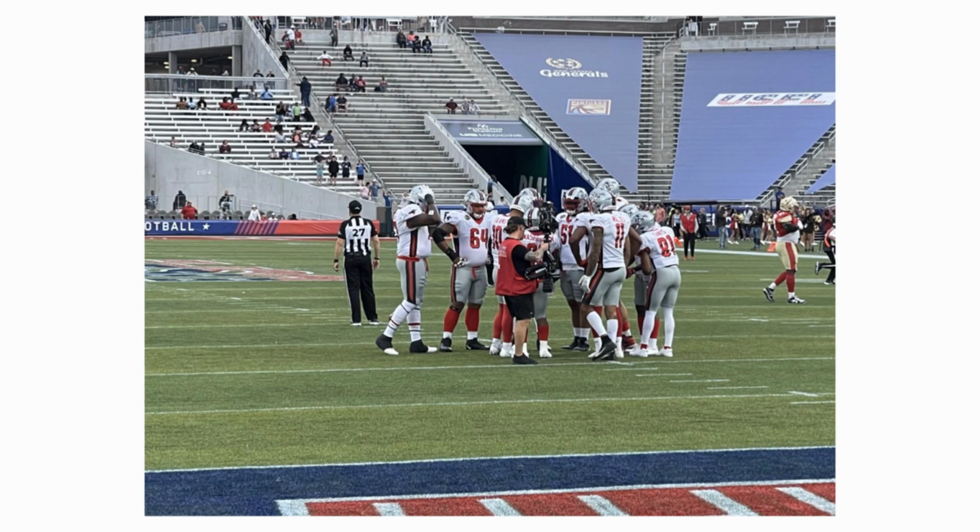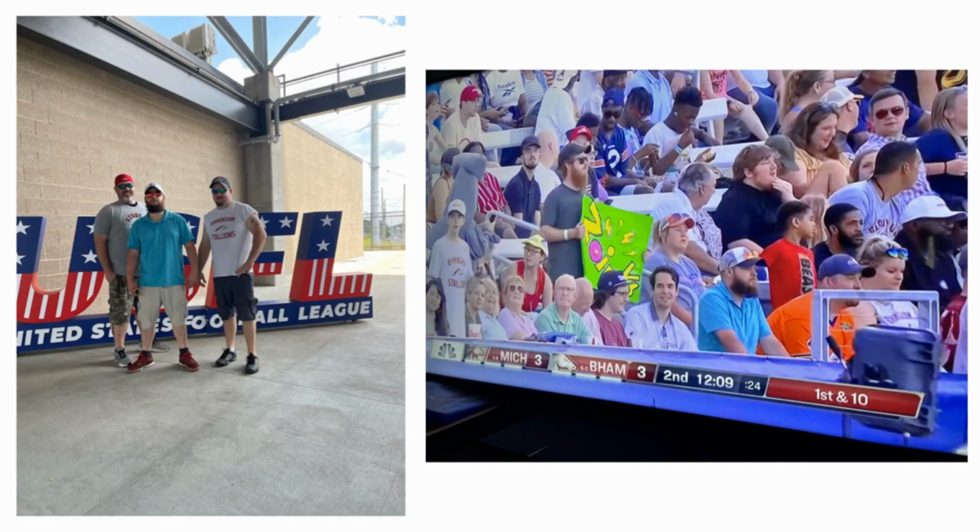Yeah, in this picture you can see Tampa Bay. I think it's Tampa Bay, playing against Birmingham. It looks like the other guy's airing out his belly. Hey, there we are again in that picture. You can see the Mud Dogs jersey. He didn't go to the Bourbon Bowl, but